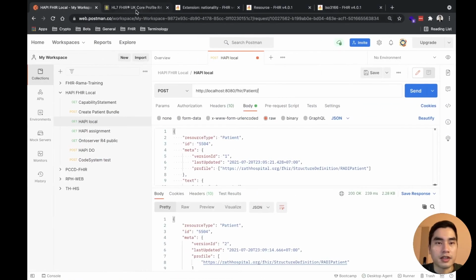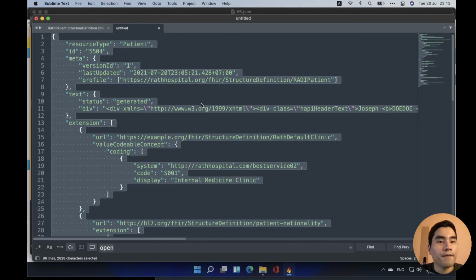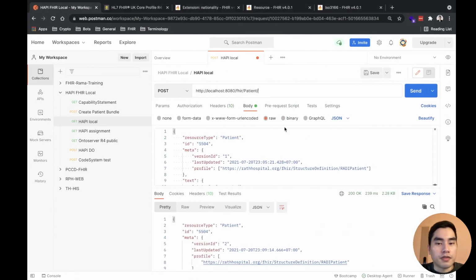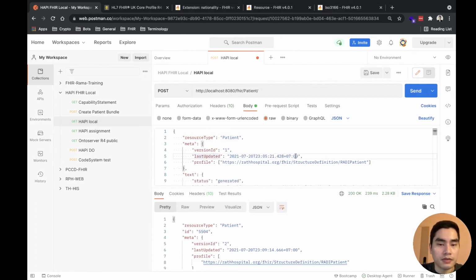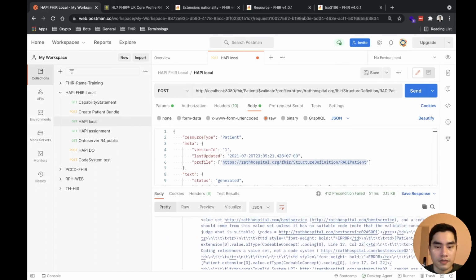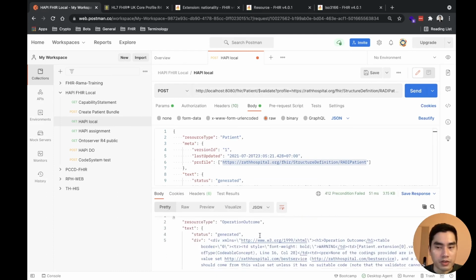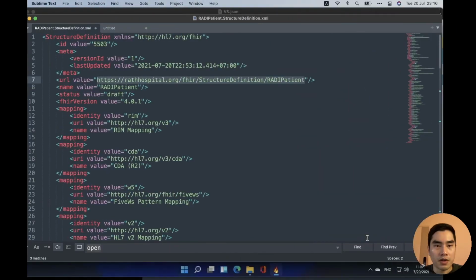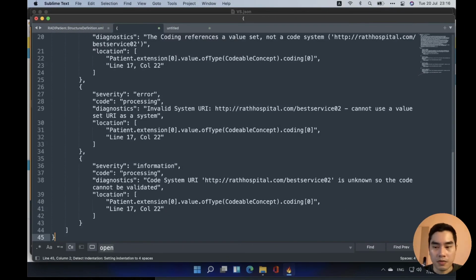Okay, so let's demo from the previous example. Let's say that we want to send this. Let's remove this. Okay. And we want to post it as a new resource. So we specify a profile here and then we send. Yeah. And then we got the result of validation. So if we copy it here